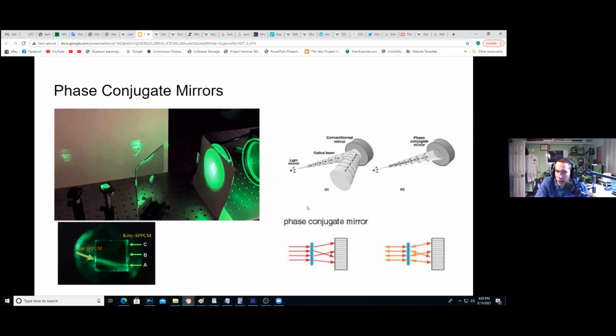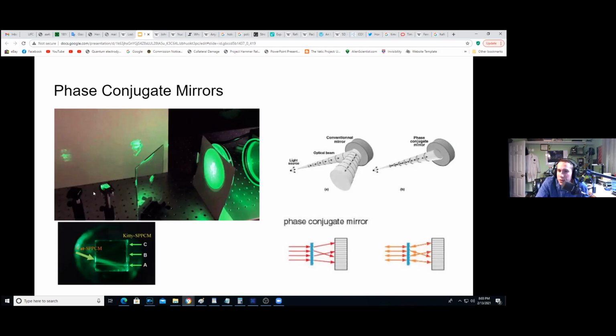recreating the spatial holograms. If gravity is kind of like a hologram, we can recreate a spatial hologram for the craft and kind of break gravity using these spatial holograms via these phase conjugate mirrors, which are really interesting materials. It's like a mirror that, no matter which way you turn it, you're always seeing your reflection. You're always looking at yourself.